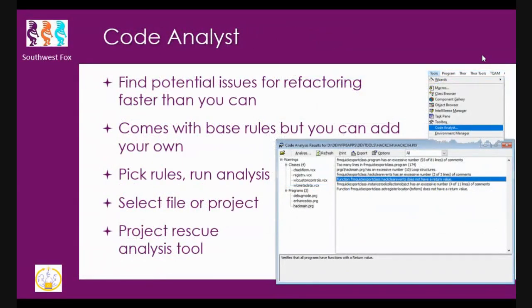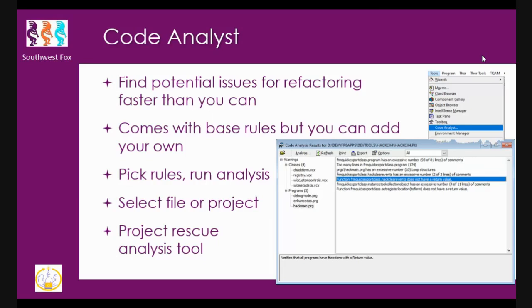All right, Code Analyst. Code Analyst is a tool that Rick Borup talked about in his session briefly. It's basically there for refactoring, or was initially created for refactoring, finding different bad smells that you would have within your code or somebody else's code that you are taking over possibly.